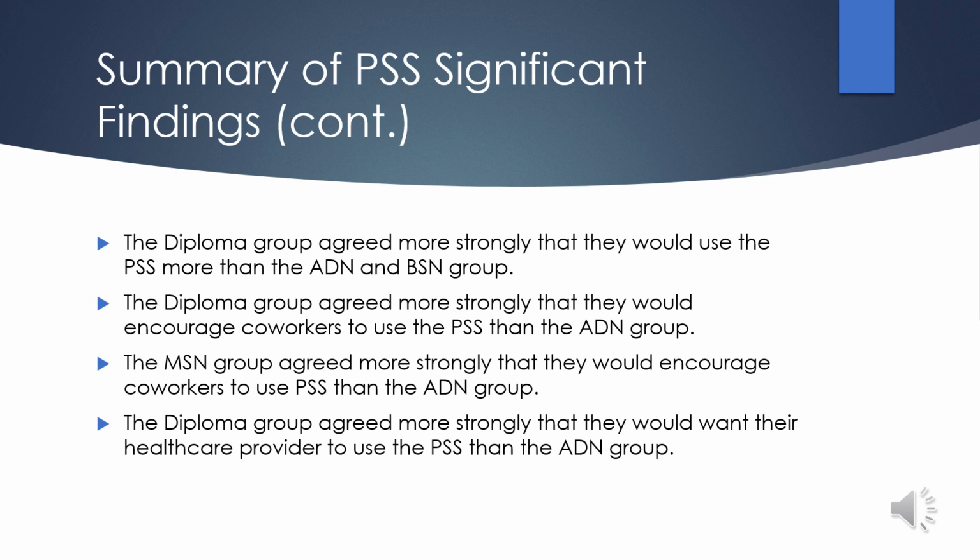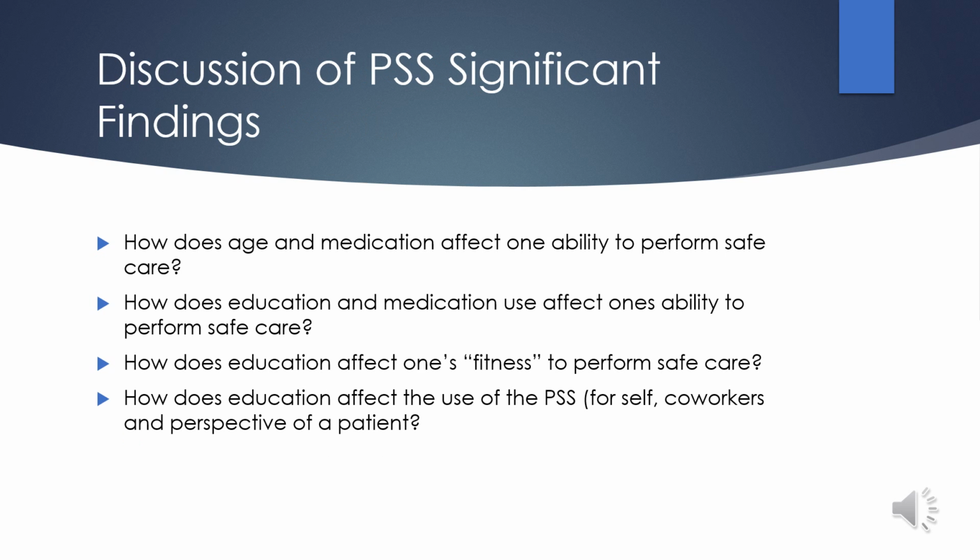The variance within the education groups was interesting, and I think the higher the education, the more knowledge and the more support they would provide. Yet it shows diploma nurses were in more support of using the survey. The findings support the notion that nurses are equipped with professional knowledge and health promotion and are better at managing